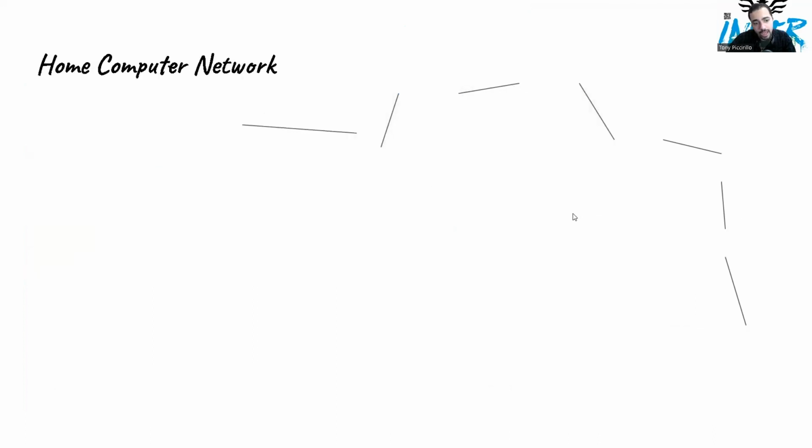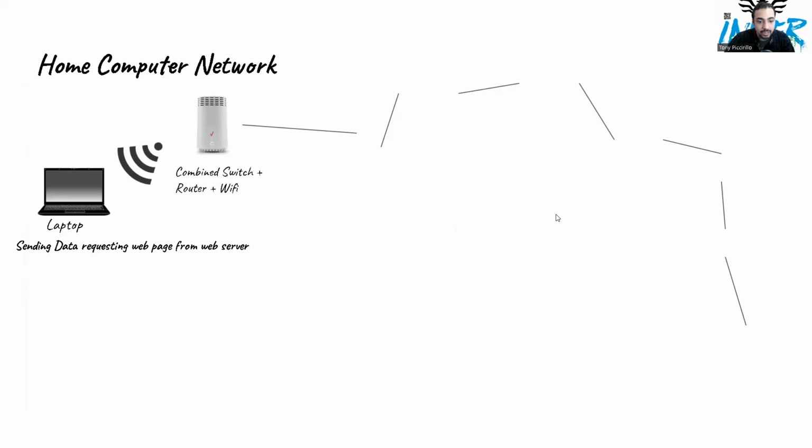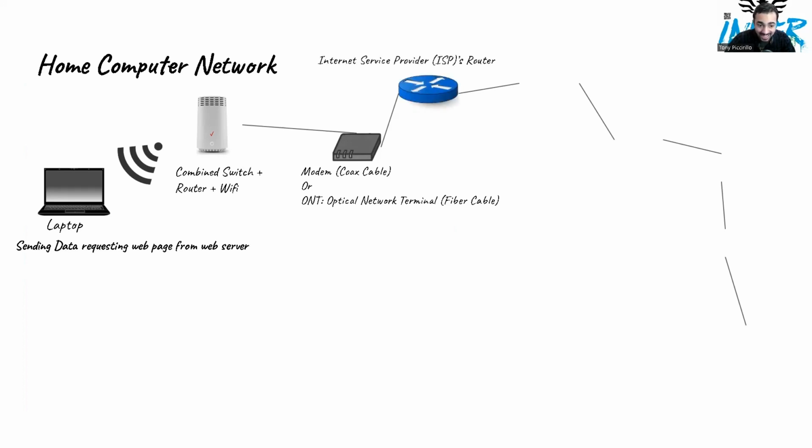Now, let's look at a typical home network, which may be the type of network you're currently using. First, we start with your laptop or desktop. Your laptop or desktop is going to send a request to a web server to get a web page loaded onto your browser. Your laptop may be connected through Wi-Fi to a combined switch and Wi-Fi router provided by your ISP, which is then connected to a modem or ONT. The modem or ONT converts your request data signal so that it can travel to your ISP, landing your data into your ISP's router,